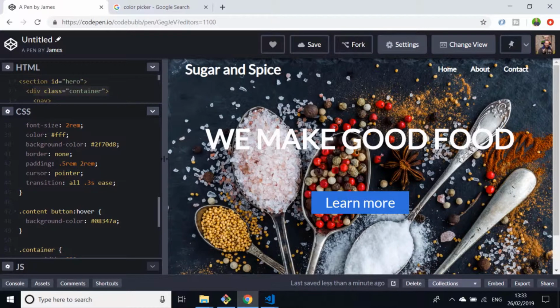Okay, so there's just one task left to do on the project, and this is a little trick which is useful if you don't have control over your source images. You can see here where we've got "We make good food," because the salt, or whatever this is on the spoon here, is quite light, the text is kind of getting a bit lost in it. We could ideally do with the background image being a bit darker so that the strapline text stands out